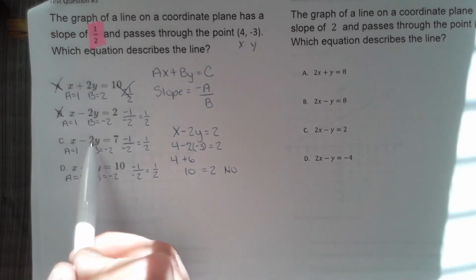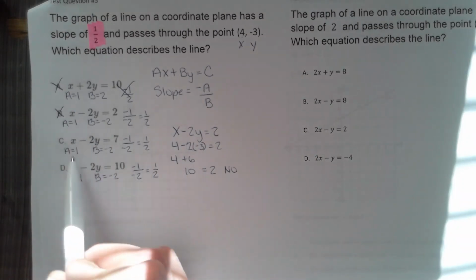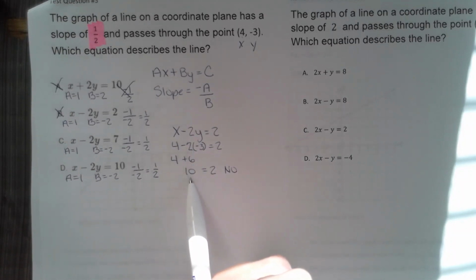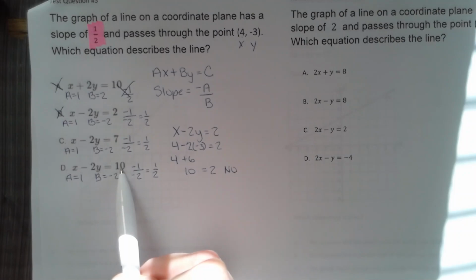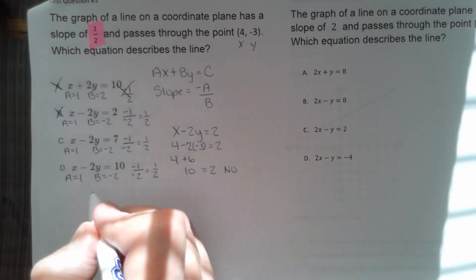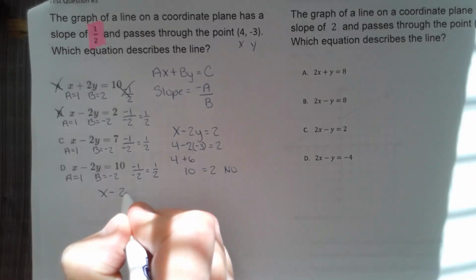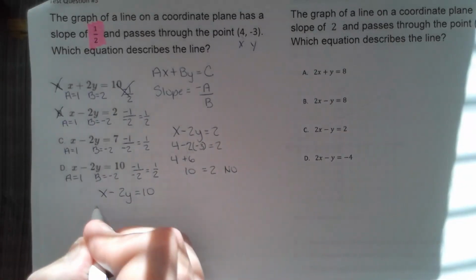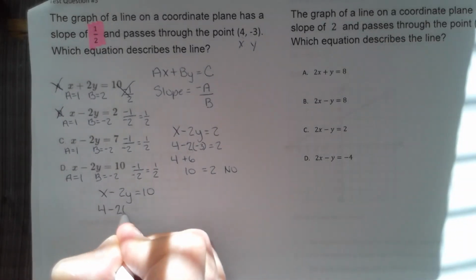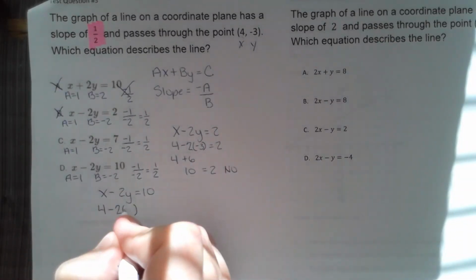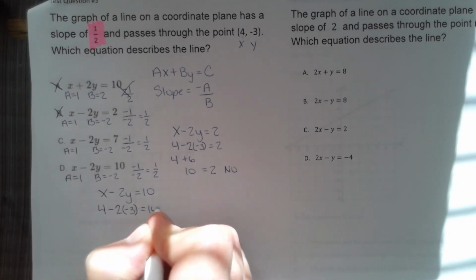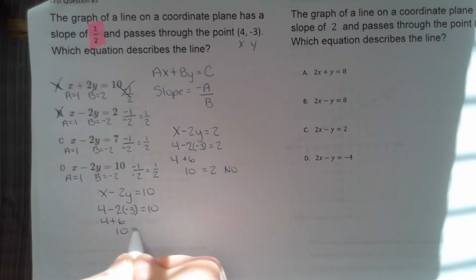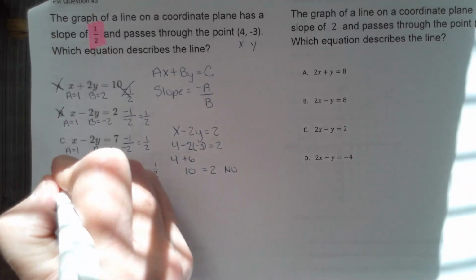If we notice, the left side of all of these are the same, so I'm going to plug in all of them just exactly the same, and the left side is going to come out to be 10. So if you notice, D is going to be the correct answer. So let's look at D. x minus 2y equals 10. We're going to plug in 4 for x, minus 2. I'm going to use a parenthesis and plug in -3 for y. That is a +6, so 4 plus 6 is 10, and that means this is a true statement, so